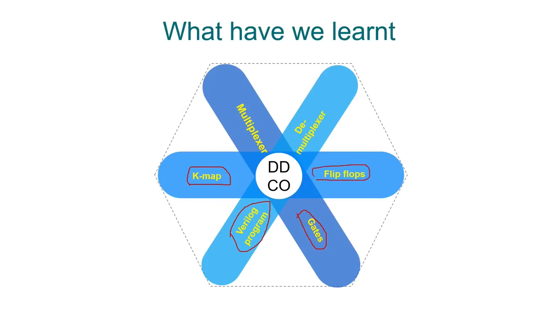From the seventh question we got to know what a demultiplexer is. From the sixth question we know what a multiplexer is. So DDCO, Digital Design and Computer Organization. In digital design we learned demultiplexer, flip-flops, gates, Verilog program, K-map, multiplexer,